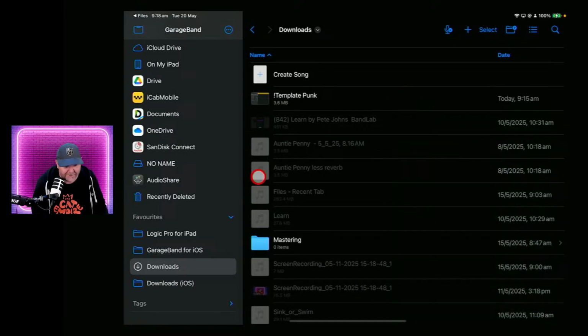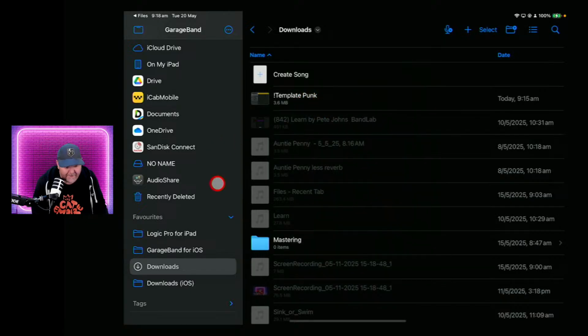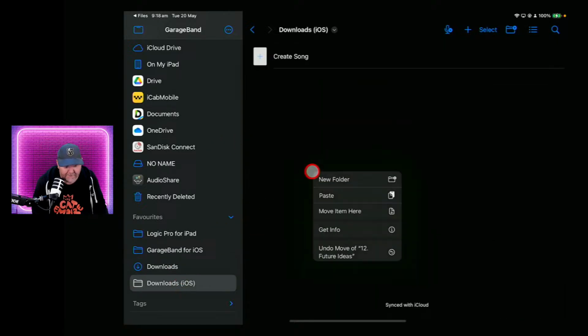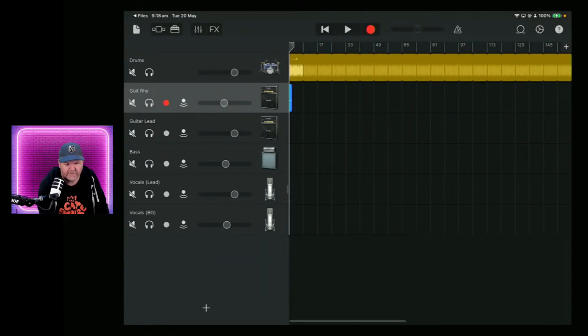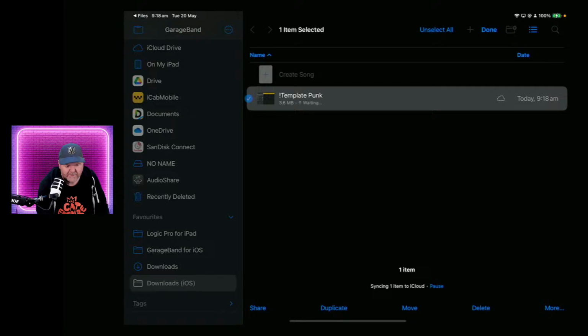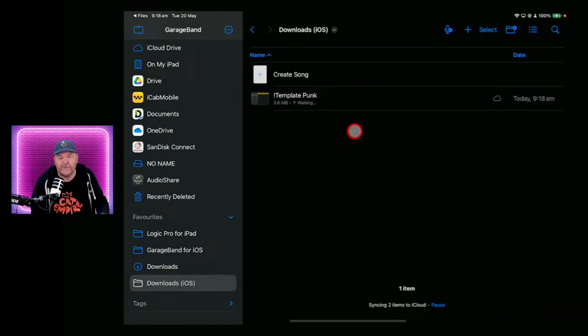Did that not copy properly? Let's try this again. Tap, Copy, and we'll put it here, tap, Paste. There you go. So your 2-finger tap is your friend here. Again, right click is like a 2-finger tap. So if you tap once, it'll just open, but if you tap with 2 fingers, no. That's because, I'm sorry, the 2-finger tap is if you're using a trackpad.